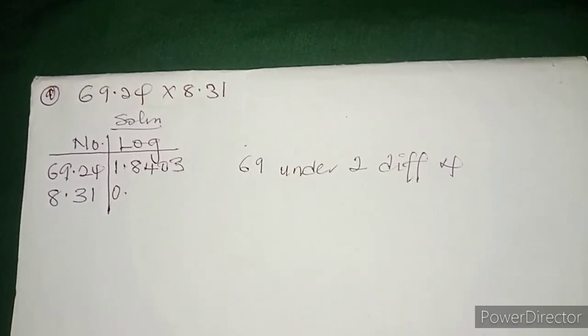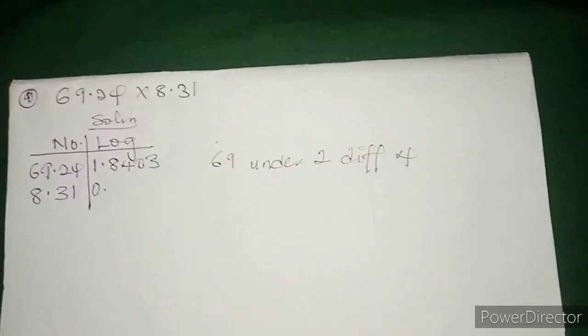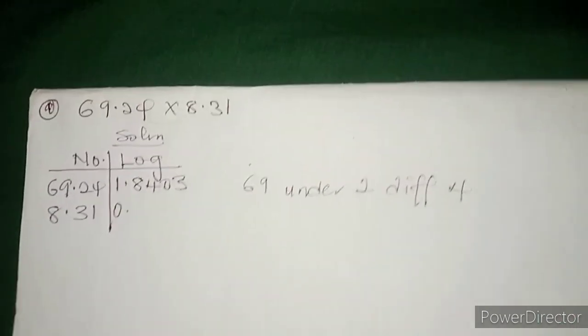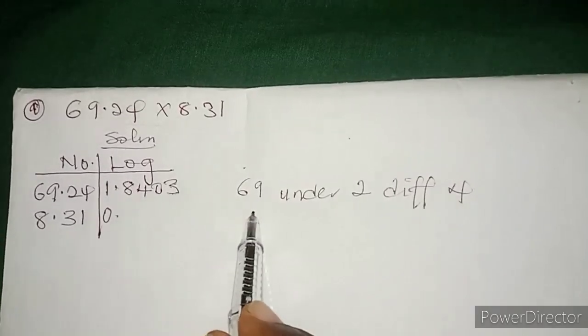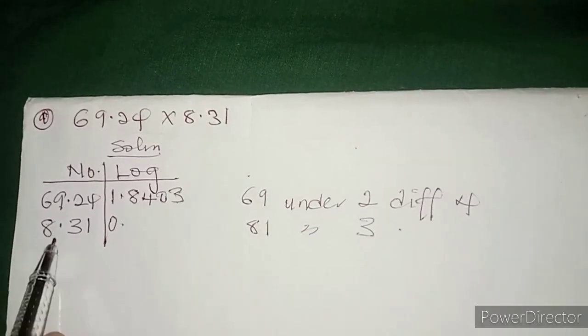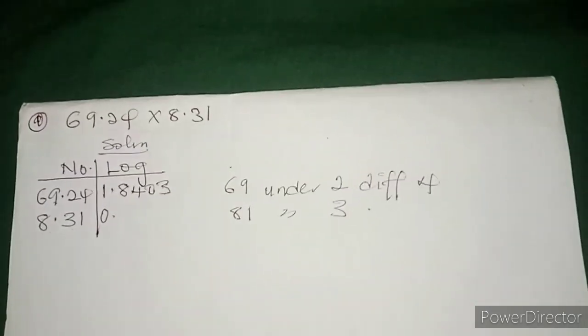8403. Remember, you add your difference. So then we're looking for 81 under 3. 81 under 3, so this one will be pronounced as 81 under 3. There is no difference. Look at it, 81. If there's a fourth value, that becomes the difference. Okay, 81 under 3 will give us